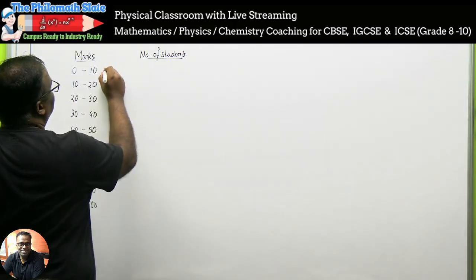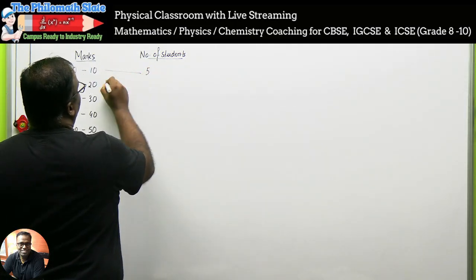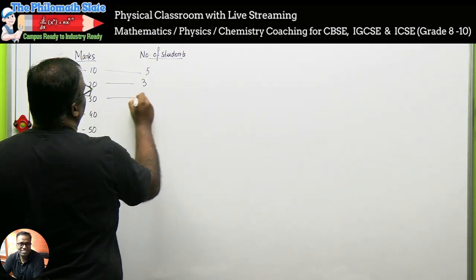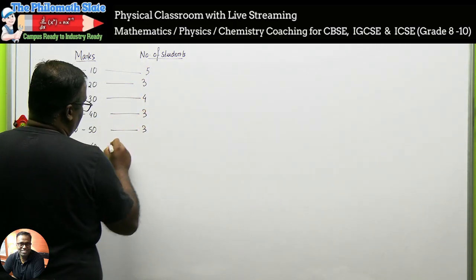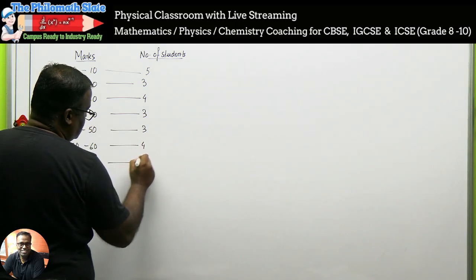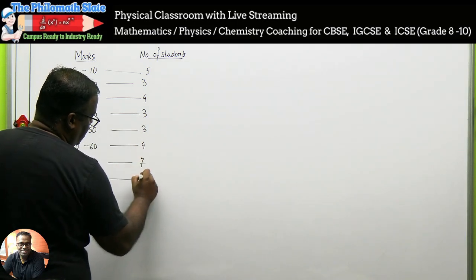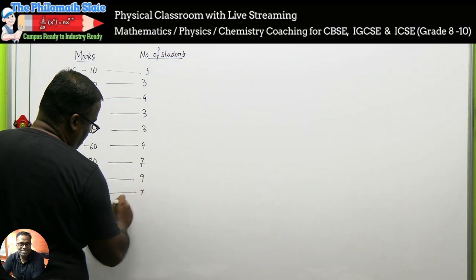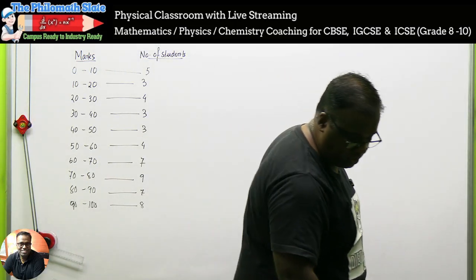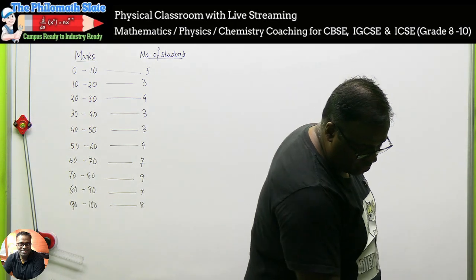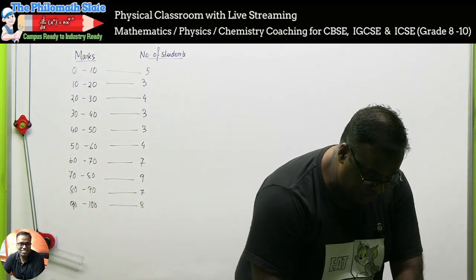5, 3, 4, right? Sorry, tell me. 5, 3, 4, 3, 3, 4, 7, 9, 7, 8. Okay? This is our data. So the question given to us, the question will be given to us in this manner that,